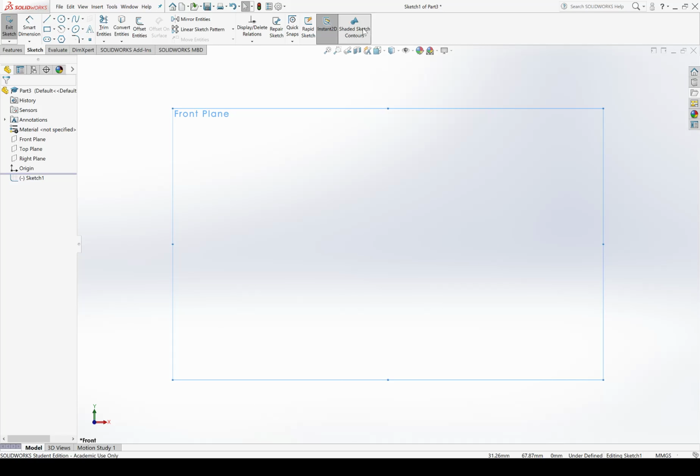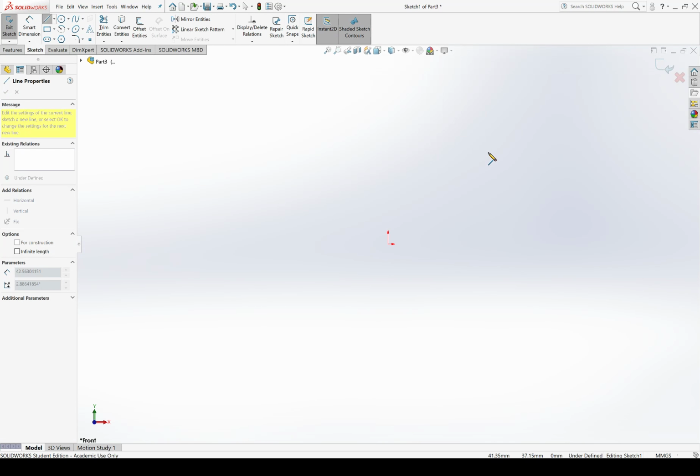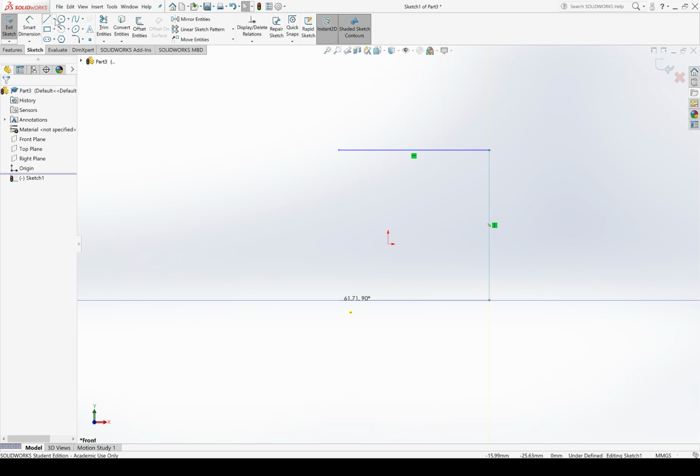So I'm going to create a sketch of everything that appears on the left of this line right here, and I'm going to neglect this hidden line. So my shape is going to consist of 3 lines. I will allow Solidworks to add in the horizontal and vertical relations, and then I will add a circle on the left-hand side. By the way, I want to create half a circle, not a full circle.